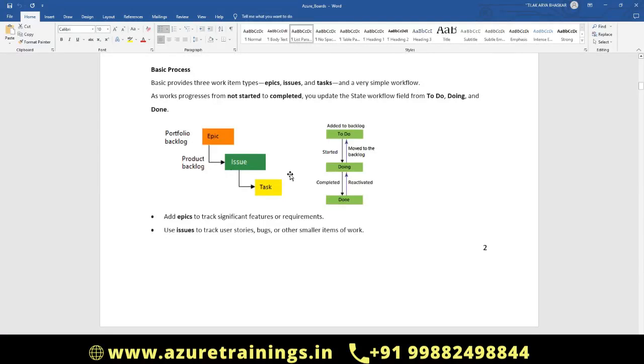Just to explain how exactly the basic process will help you. Assume that you have an epic in your portfolio backlog. Then that epic will have issues. The issues will be reported and those things will be converted to a task, right? So what happens, just to simplify,